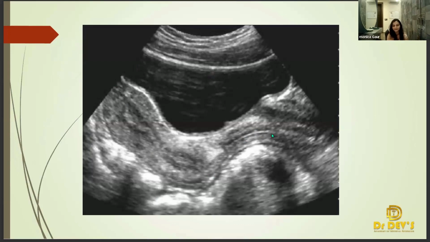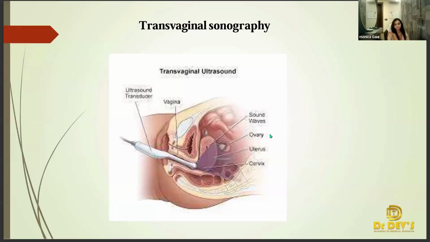Why is there a white line present in the vagina, since it's not an endometrium? This is not the lining for sure. This is the cavity of the vagina. Why is it white in color? That is a question. Whenever you see an organ in ultrasound, it looks hyperechoic, anechoic, or hypoechoic. You have to find the reason to answer why it is hypo, why it is hyper, and why it is anechoic, the reason behind it. So this is the longitudinal view.